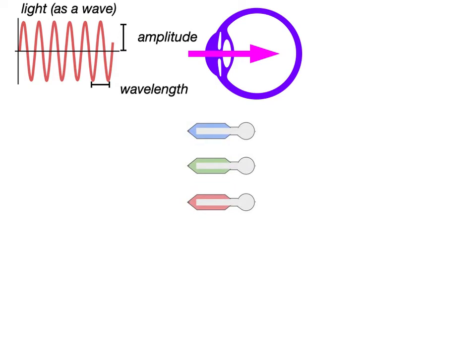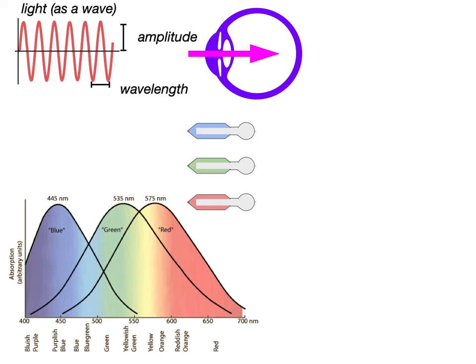So we have three different color receptors typically, and they are tuned to react to different wavelengths. A certain wavelength will activate the blue receptor much more than it might activate the green and red. And remember, they overlap again. So when we have 445 nanometer light, that means the blue is quite active and the green is only very slightly active. So you take a vertical slice of it, and the red is almost not active at all